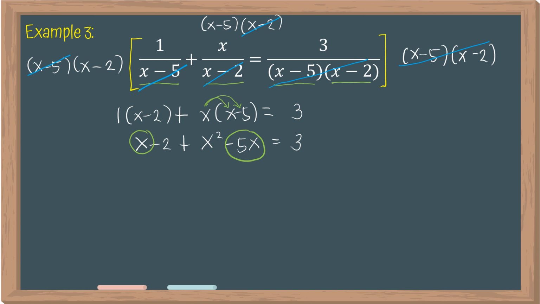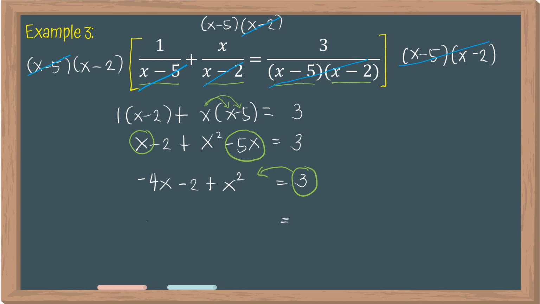So, we can combine them, and that will give us negative 4x. So, x minus 5x is negative 4x minus 2 plus x squared is equal to 3. So, equating this to 0, lipat natin yung 3 papunta sa left side ng ating equation. So, we will have,